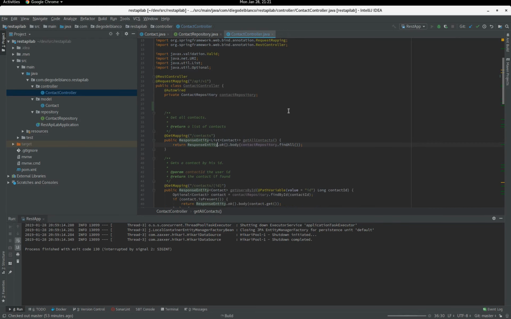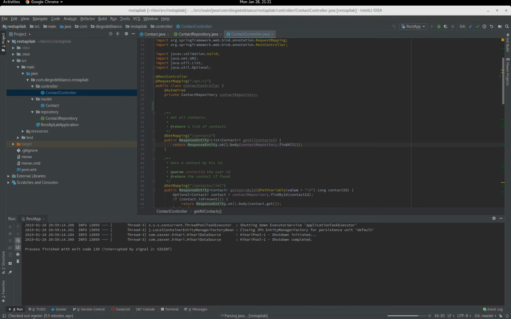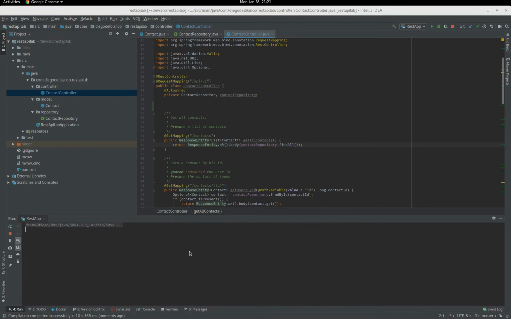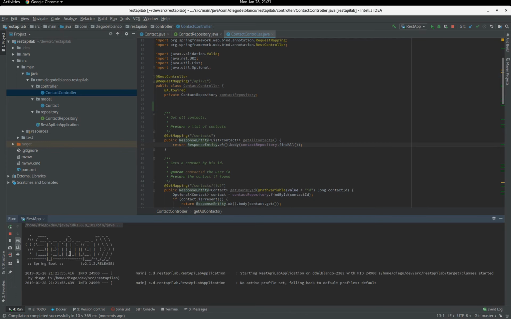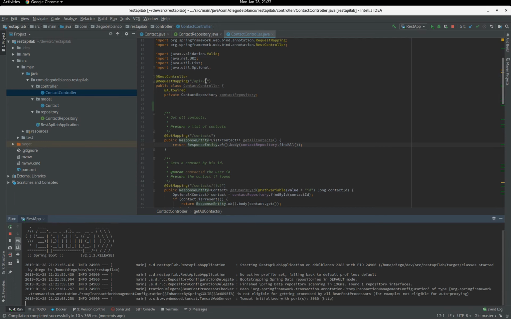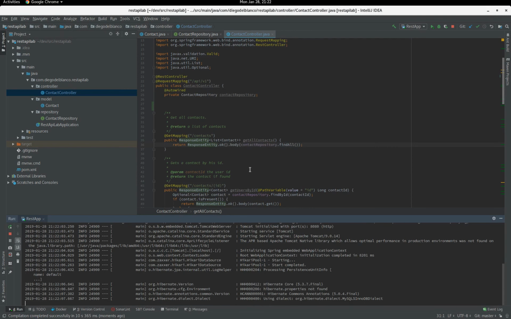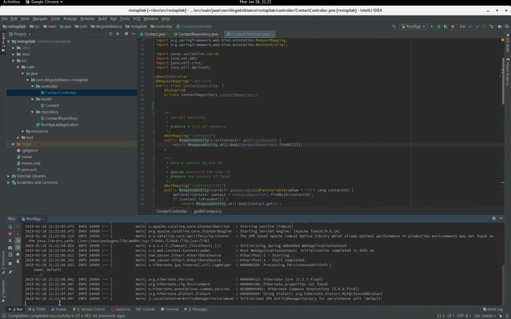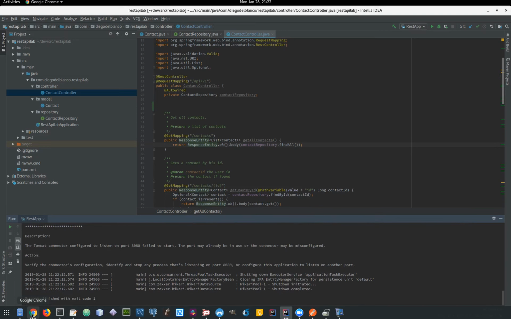And view what happens, because if you remember, before we had some errors in the browser. Okay, it's starting now. Let's give it some seconds. We have some errors in the browser, but now when we go to API v1 contacts, we're going to have an empty list of contacts. It's starting,